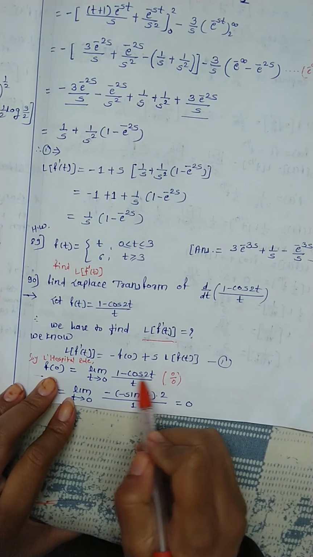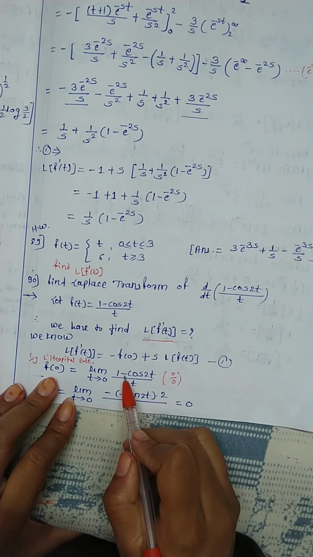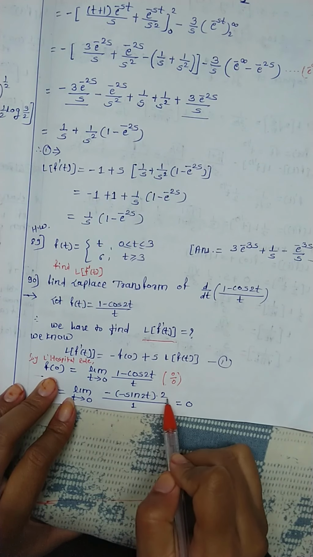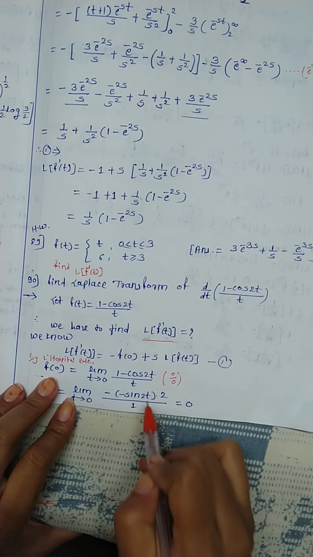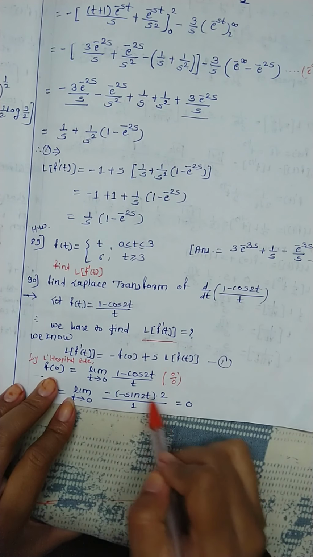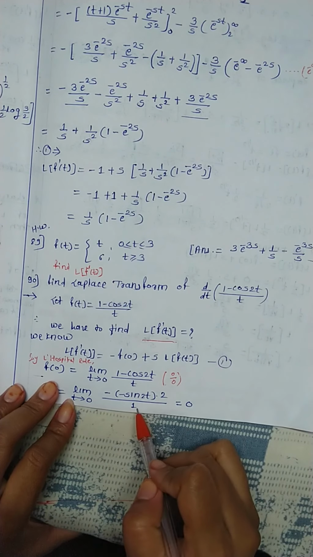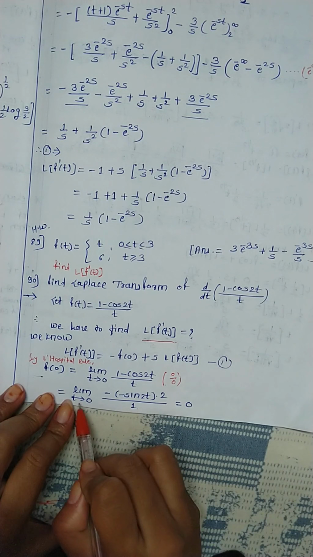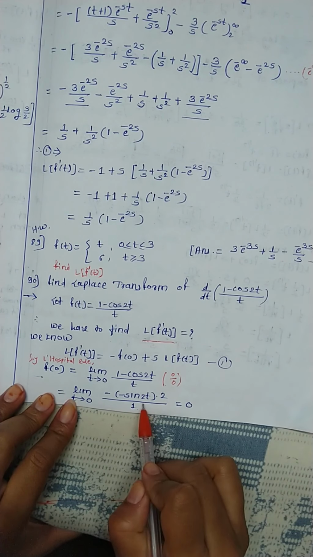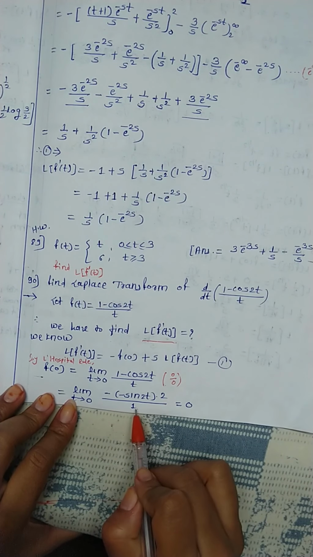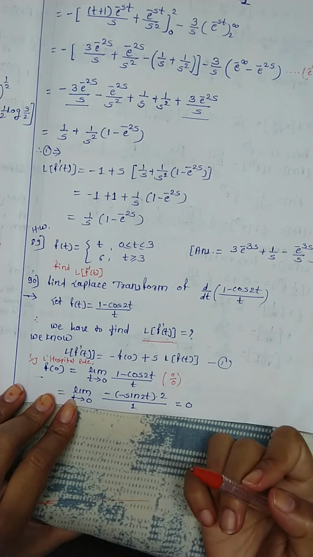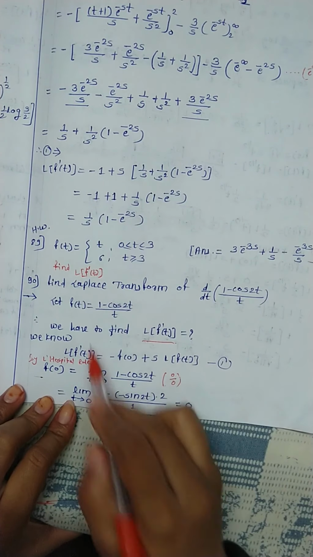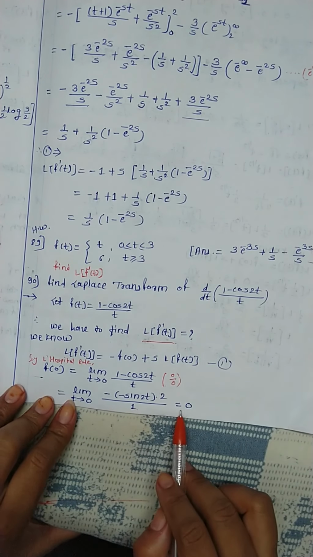What is the numerator derivative with respect to t? The derivative of 1 is 0, minus, as it is, the derivative of cos is minus sine 2t into the angle derivative, multiplied by 2. This is the numerator derivative. Keep that in the numerator only, okay? Divided by the denominator derivative, the derivative of t is 1 only with respect to t. Now simplify this, minus minus gets cancelled, 2 as it is. Now put the value t equal to 0 here. What we get? Sine 0, 0 upon any non-zero number is 0, we know, and 0 is acceptable. That's why the value of f of 0 in this particular example is 0.